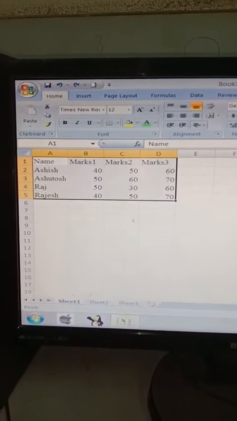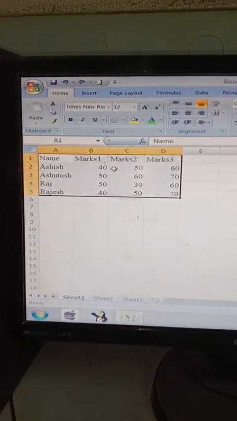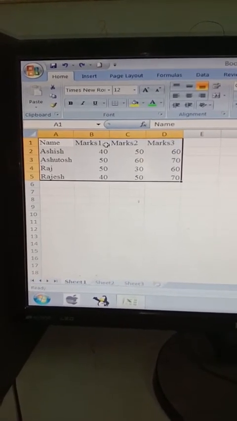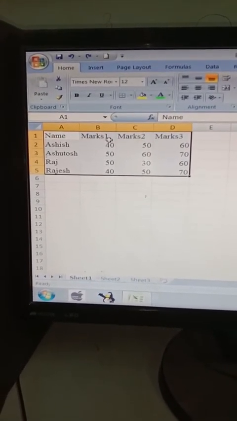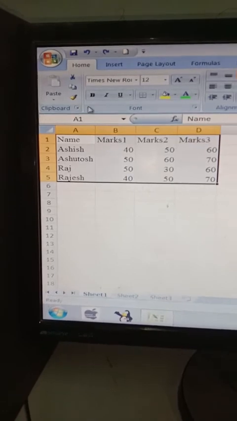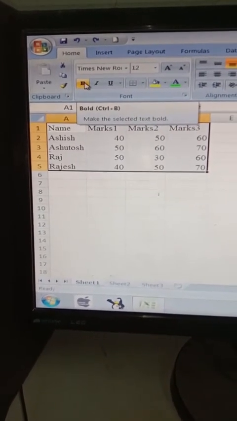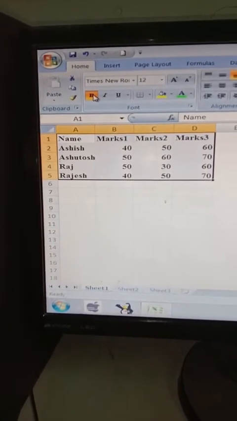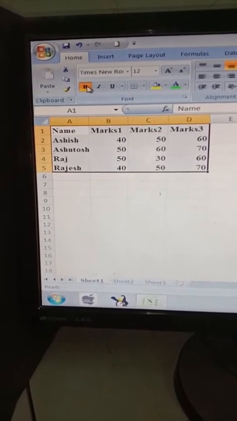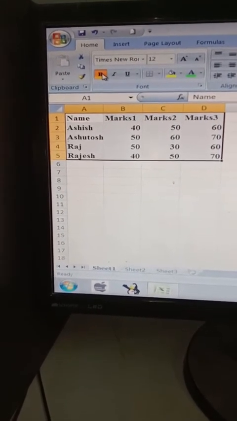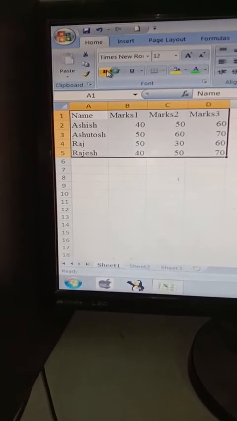In order to change the text style, I have done undo over here so that the earlier selected text appears before me. Now, first of all select the text that you have written over here. After selecting the text, bring the cursor to the bold part. As soon as you click on bold, the entire text gets darkened. Now look, this is how the bold text works. It is a toggle button. Toggle button means once when clicked it becomes on, and the next time when clicked it becomes off. Now look, this is the off.